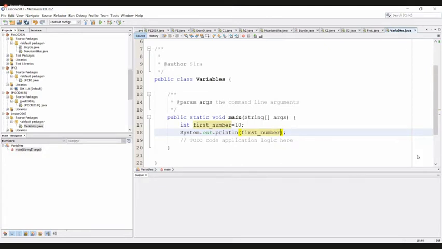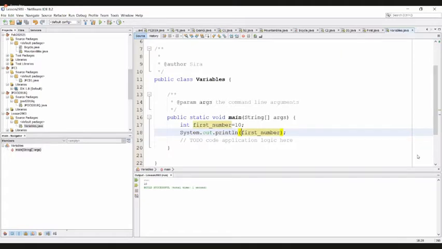Right, after that save the program, then run it. In the output window you can see that the value 10 is displayed, right?